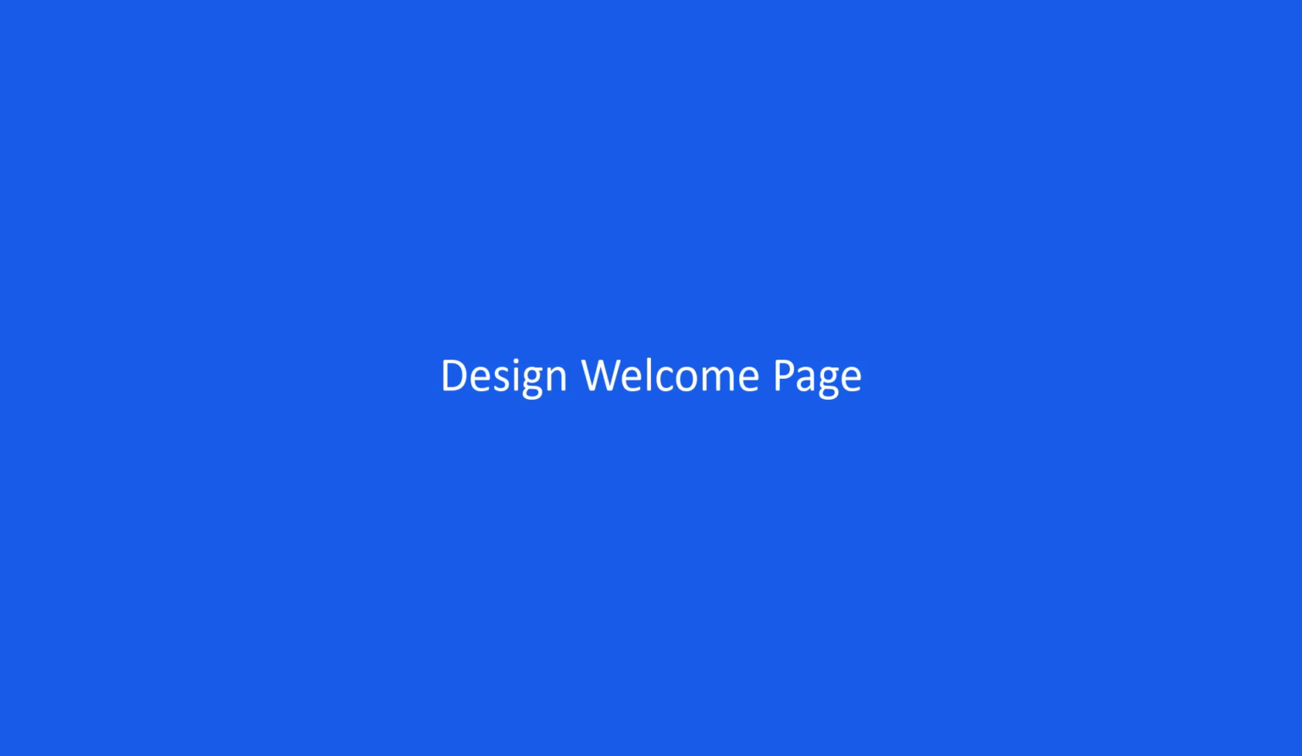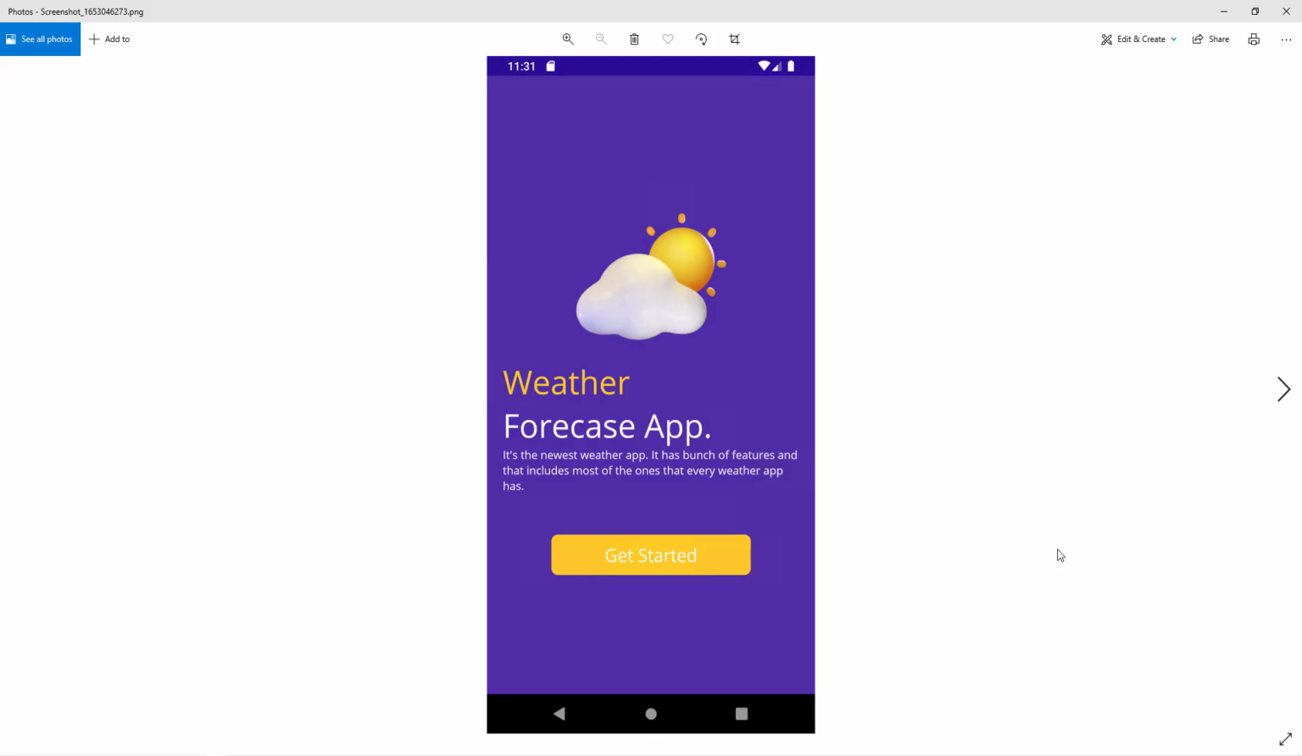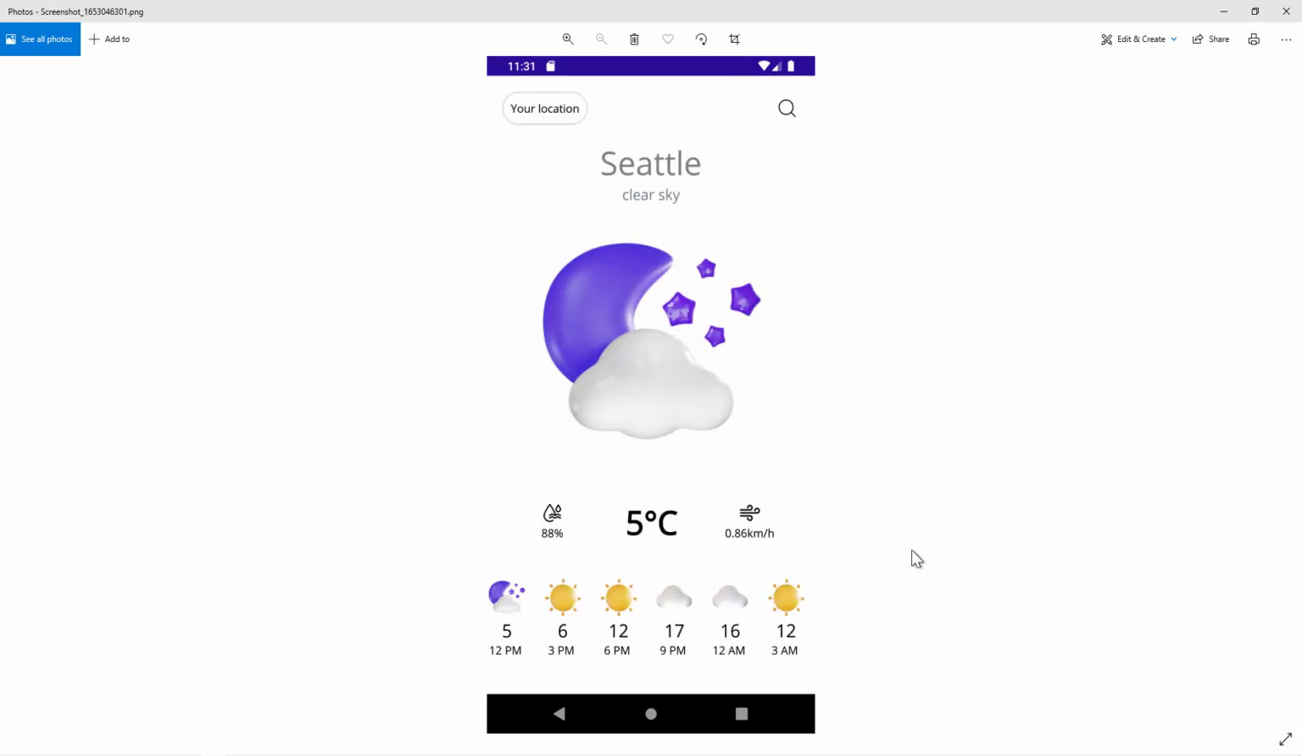In this lesson, we're going to work with the welcome page of the weather application. When the user opens the application for the first time, they will see this welcome page or getting started page. After pressing this button, the user will be redirected to the weather page, and there they can see the